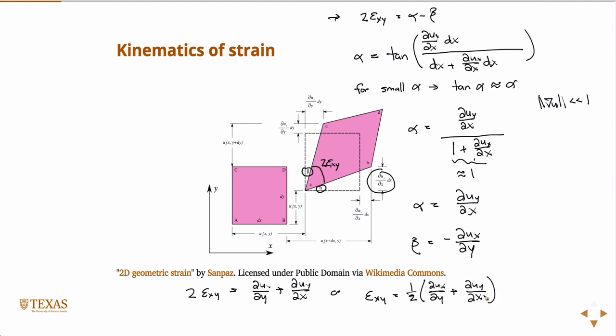Okay, so I know that the 2 there is just a curiosity or a convention at this moment, but it'll be real clear in just a second why we put that 2. We just chose to call that 2 epsilon xy for now. But then we get this expression. And the reason for the 2 is that